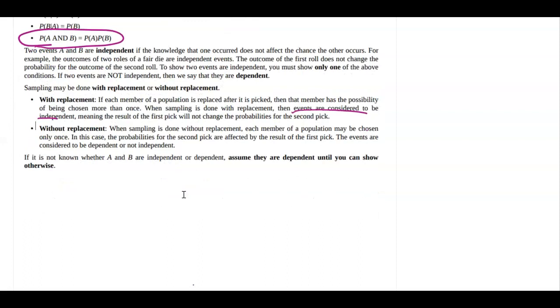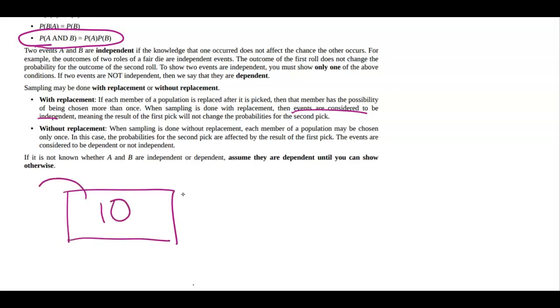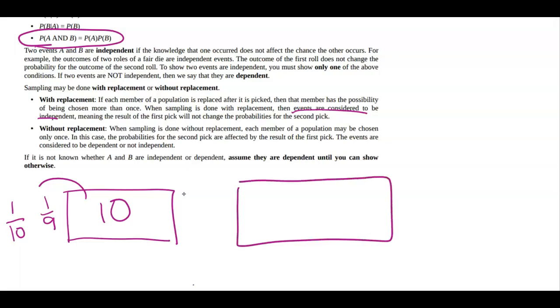Now, where this becomes a little bit negligible is when you have a really big sample. So if you're sampling of size 10 and you're choosing things out of that sample of size 10, well, then it does matter if you have like 1 out of 10 versus 1 out of 9. Like those are different numbers proportionally to each other, fraction wise. But if I'm selecting out of like 100,000